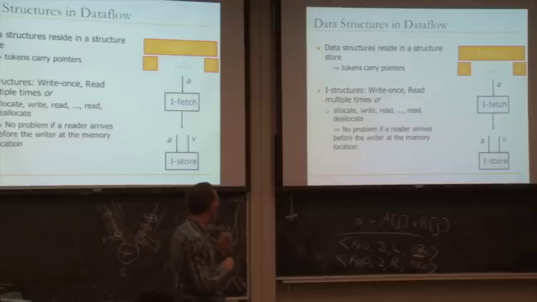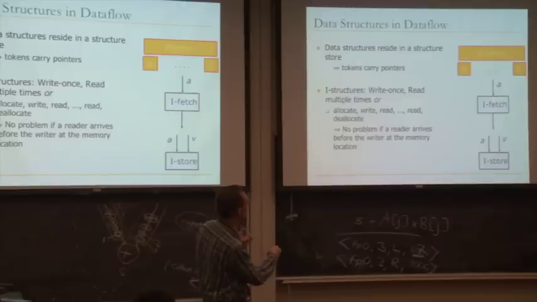We'll see why this is needed later on, I think, actually very quickly. But basically, this is what happens. This is a load instruction. It gets the input address, A, and returns a value. And this is a store instruction. It gets the input address, A, in the structure store, and it also has a value. This is the store node, I should say. And this is the fetch node or load node.